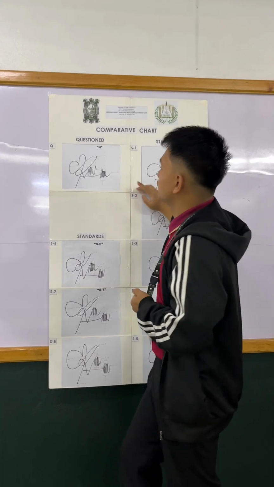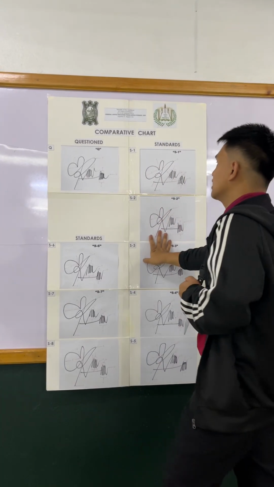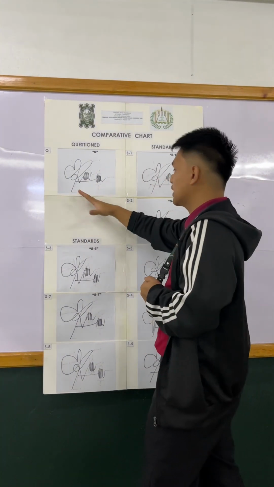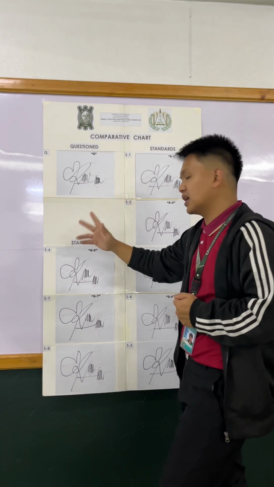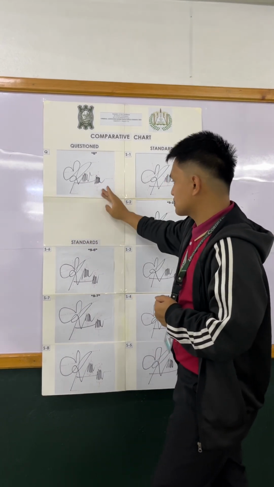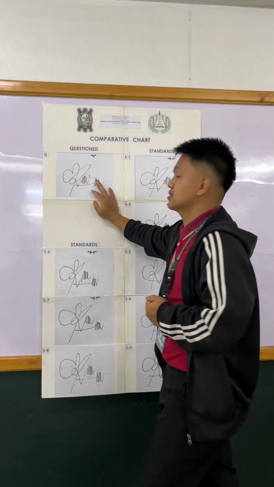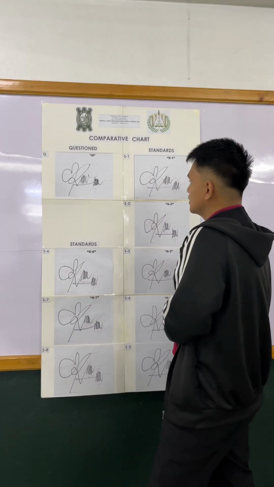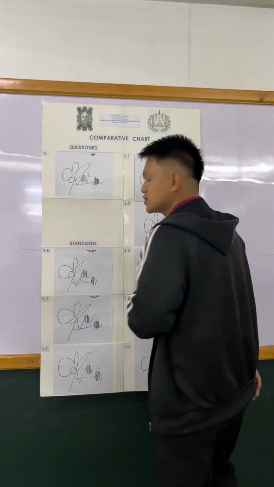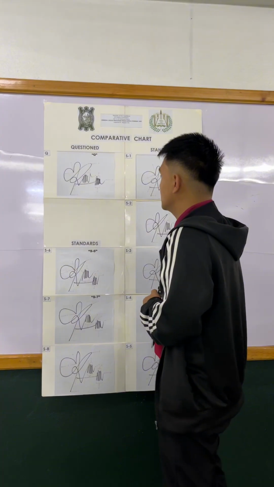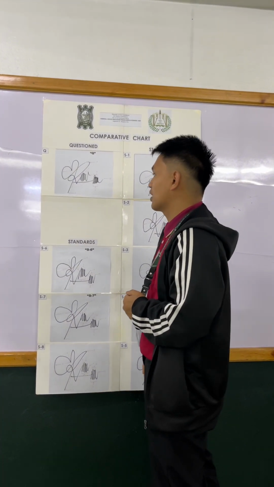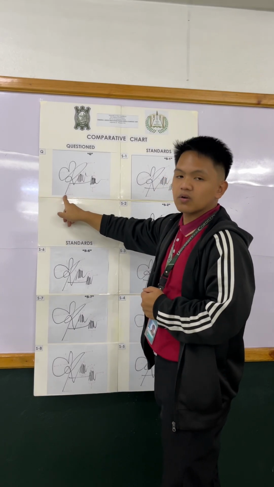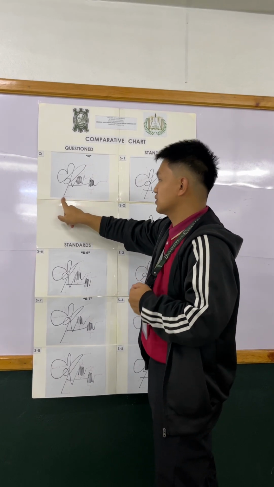Next is the proportion. You can see that the proportion of the question document is unproportioned because the sizes of every part are not the same. R being the biggest, the last part of the writing is the second biggest, and the second part is the smallest. So next, we will now proceed with the stroke characteristics, which are labeled from 1 to 12. So first, number 1, we can see that the initial stroke of the signature forms a blunt stroke.